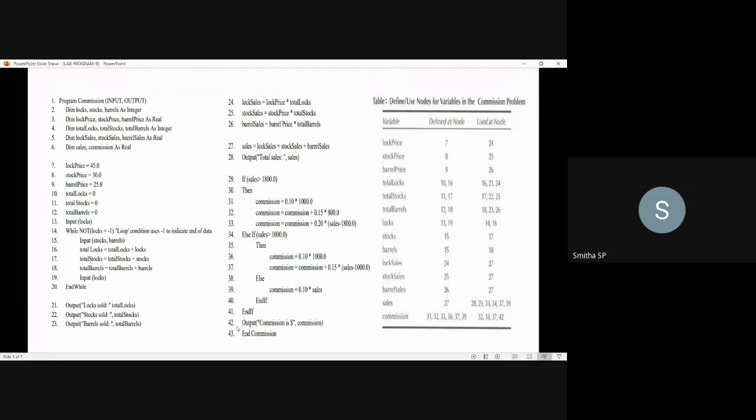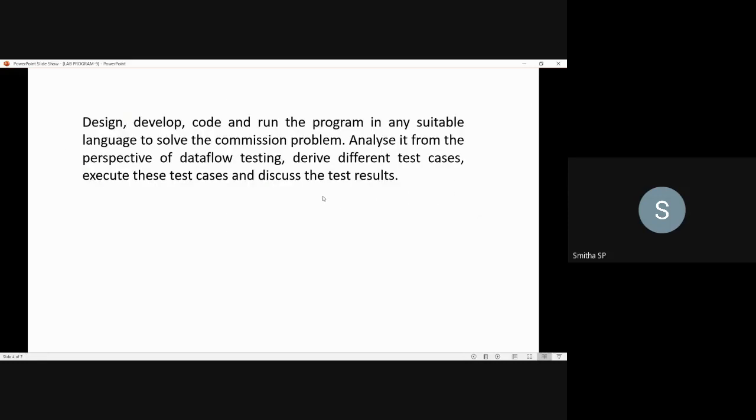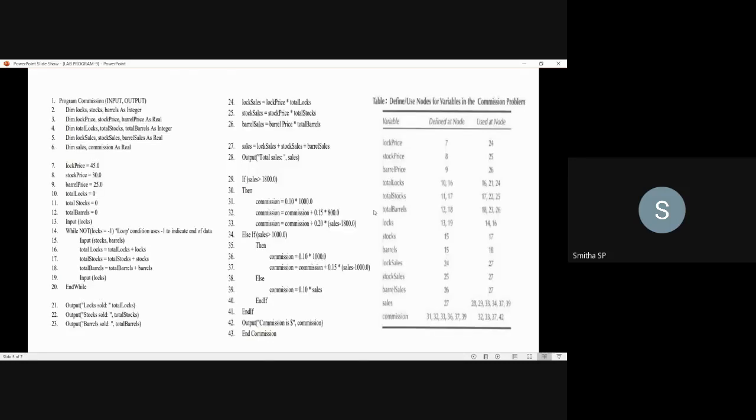So for that printing, you will be using the commission variable in the 42nd node. This is how you need to write the define and usage nodes. This is the DU approach, a data flow testing approach to solve the commission problem.